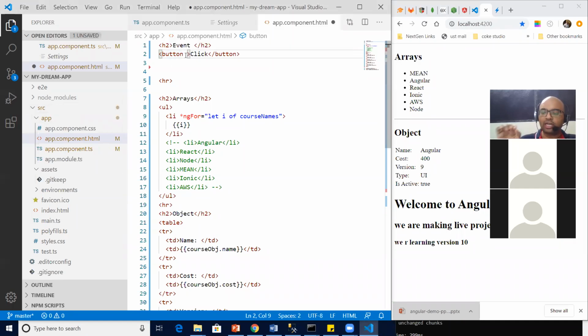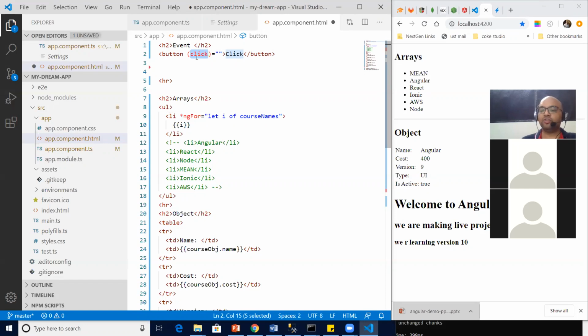So for click functionality, again, what do I need to use? A directive. What is the name of the directive? Click directive, right? Now you should have a question: for the ngFor directive, we are putting an asterisk, but for the click directive, we are enclosing it in parentheses.